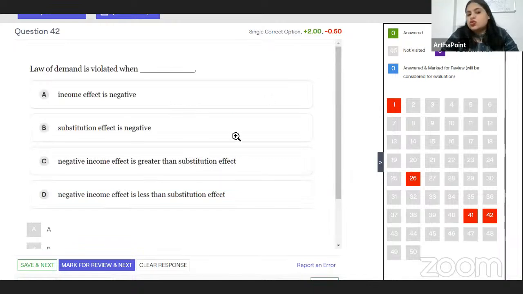Similarly, there are very simple questions like when is the law of demand violated. But the first section, beta, that is part A, is going to be a little tricky. And I want you to focus a lot on part A of the course. So you have limited time. The strategy is to focus more on part A and spend less time on part B, because I'm imagining you have just given CUET and you're thorough with part